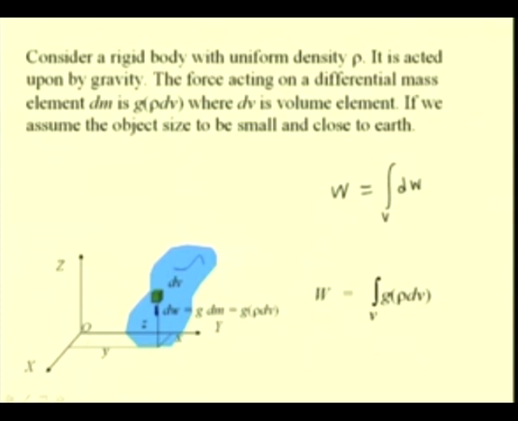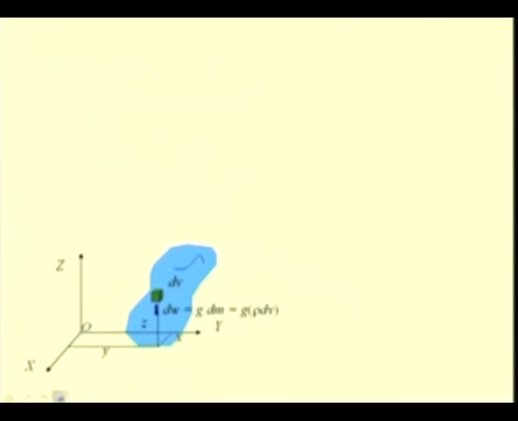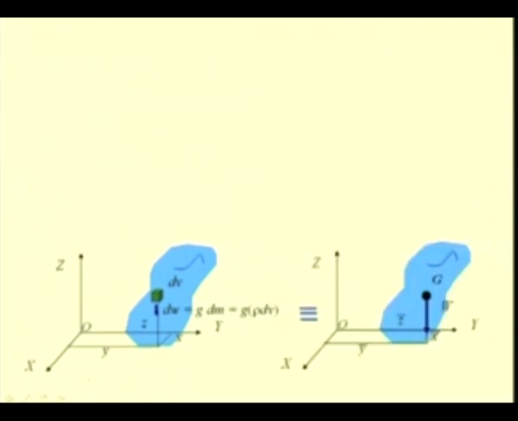Then if we are interested to find the moment of these differential weights with respect to this axis OX and equate it to the moment of this concentrated load W, which let us say acts through a point G. The coordinate of this point G, let it be x bar, y bar and z bar with respect to this frame of reference. So, if this concentrated load W has to be equivalent to all these differential weights dW, then